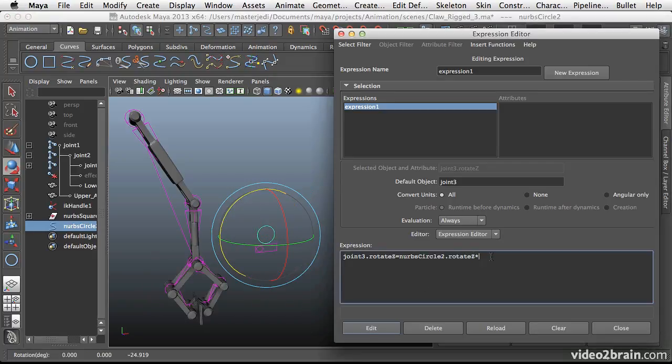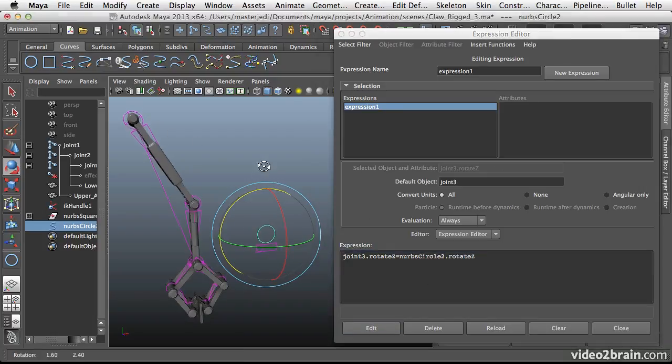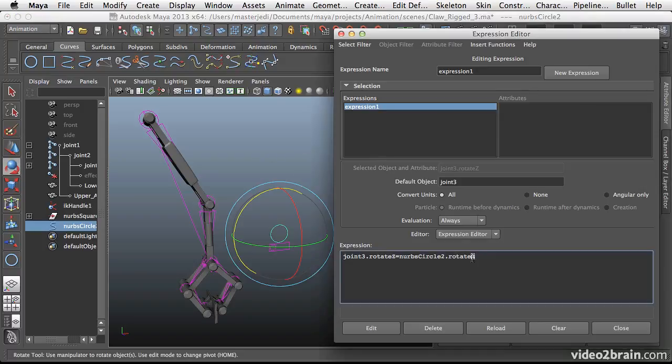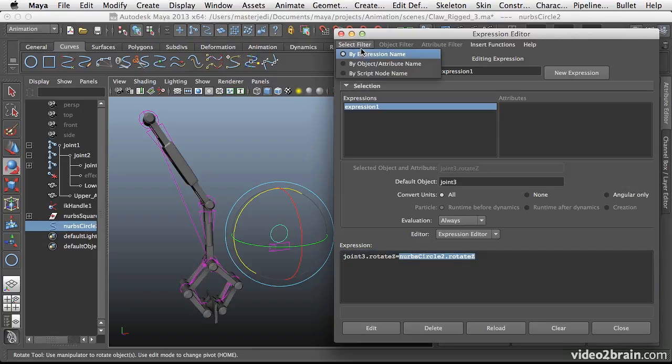So now all I have to do, let's go back to where I was, just delete the extra stuff, and we'll click edit, and that will save that edit. And now just so you can see another way that this can work, you can have multi-chained expressions. So I could have one expression, then a part of one expression is controlled by another. So for example, I could take my rotation values for my NURB circle, let's copy that, and let's go down